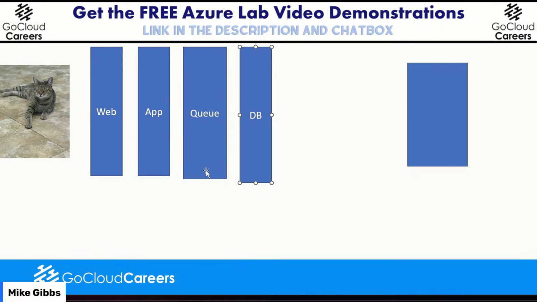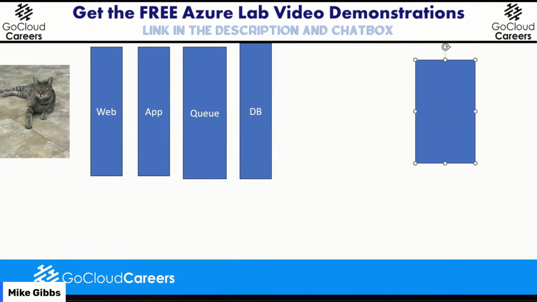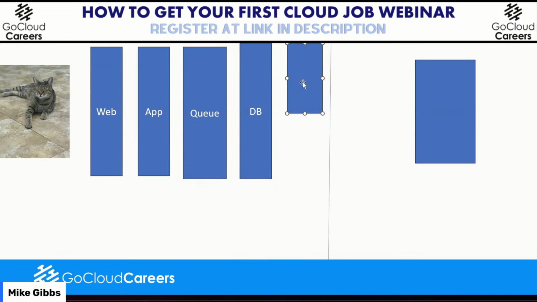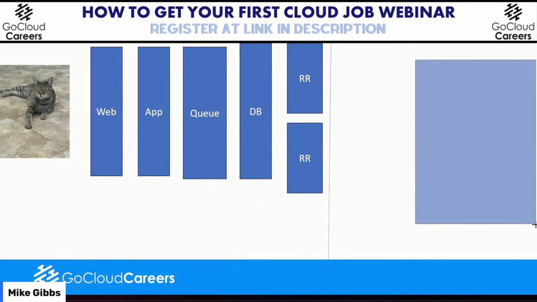What about read load? Well, behind here is going to be your corporate users. And the next thing we're going to do is put a read replica, or maybe a couple of read replicas. So RR, read replicas. And now we've got the corporate users. Let's say we've got 50,000 corporate users, which is not a lot.